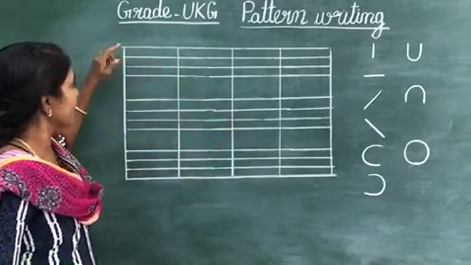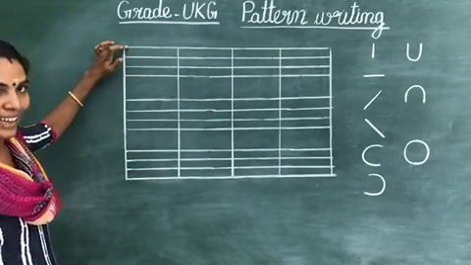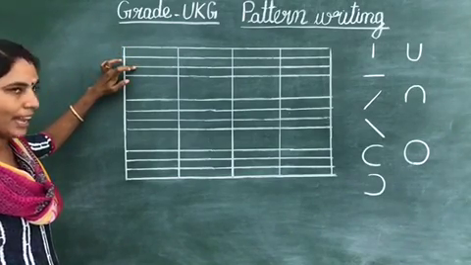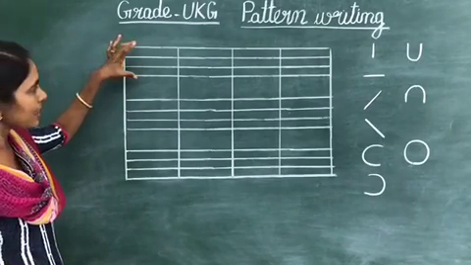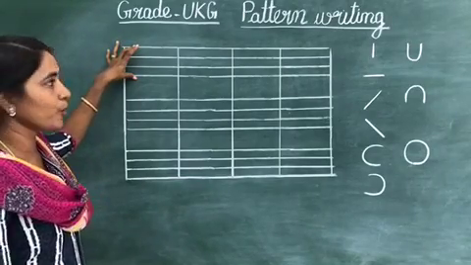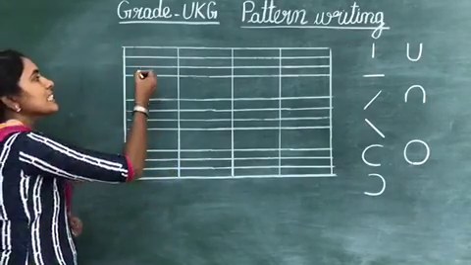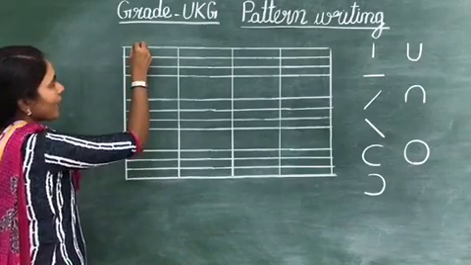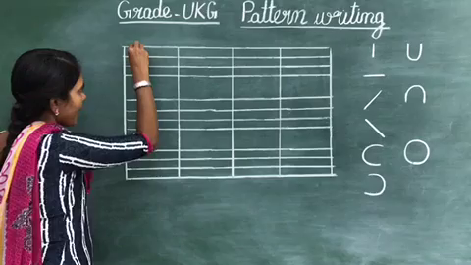Now see here children, see this 4-line. Yes, first one red line, second one blue line, third one blue line, fourth one red line. With this 4-line only, inside this we are going to write. Okay, shall we start writing? Yes, take your pencil and write along with auntie. Try. Yes, now first we are going to write standing line from the red line to the second blue line. Okay, shall we start? Yes, from the red line to the second blue line,